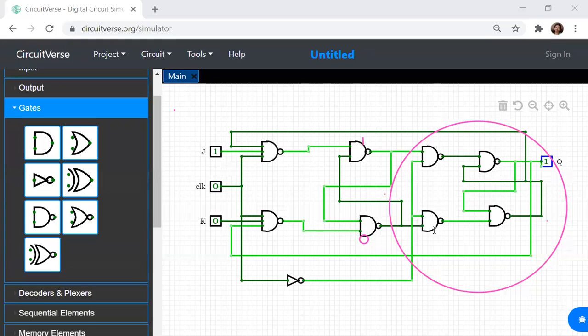In the slave flip-flop, when J is equal to 1 and K is equal to 0, what will be the output? Again, this is a JK, so the input is 1, 0. Since the input is 1 and 0, what will be the output? Output is 1. So you can clearly see that the output is 1. Now this is how an MSJK works.